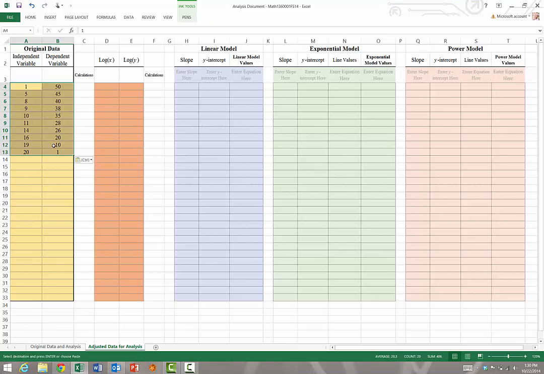Just copy and pasted our data onto this other sheet here, from which we're looking for a linear model, for example. We're going to calculate slopes based directly on the original data. If we're looking for an exponential model, we're going to calculate those slopes using some of the logarithmic data. And power model the same. So again, this is more of an organization than anything else, but we can go ahead and start calculating these